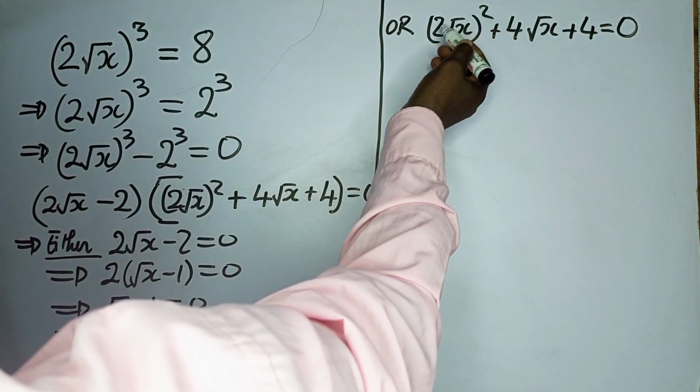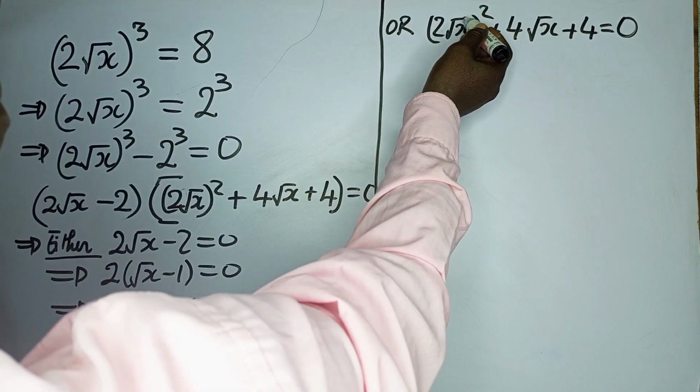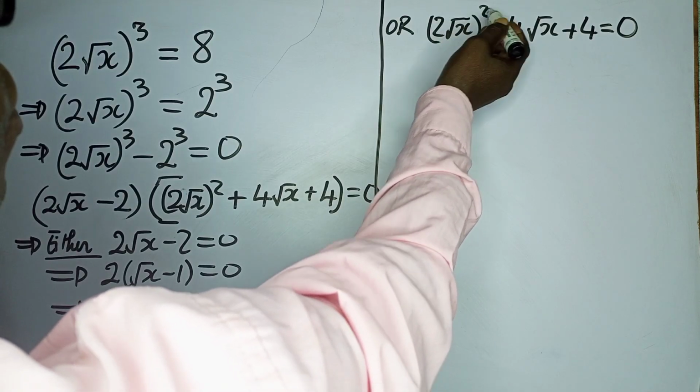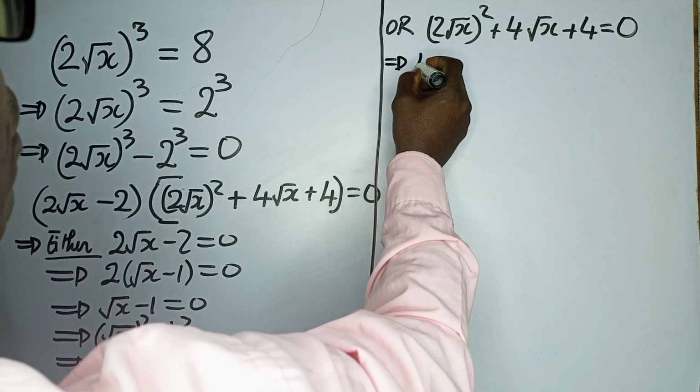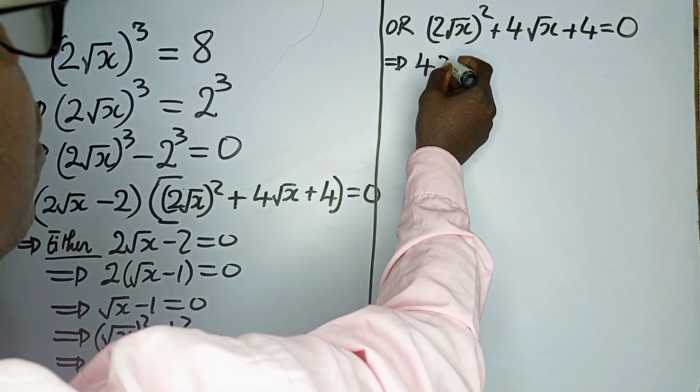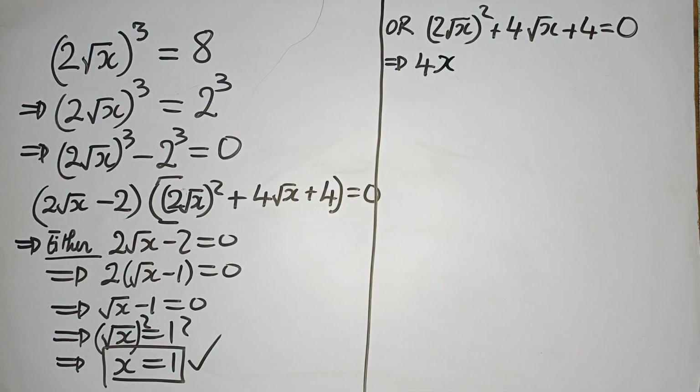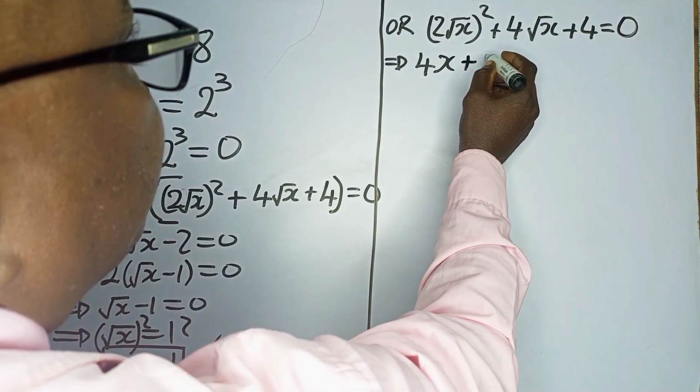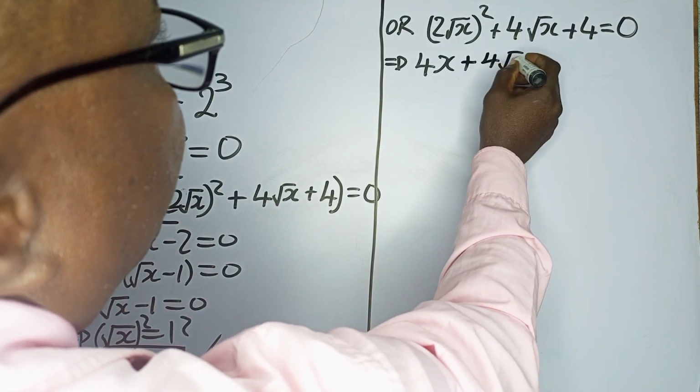Now this square here will affect this 2 and will also affect this √x. So 2 squared is 4, and (√x)^2, the square will simply cancel the root and we get x. So we have 4x plus 4√x